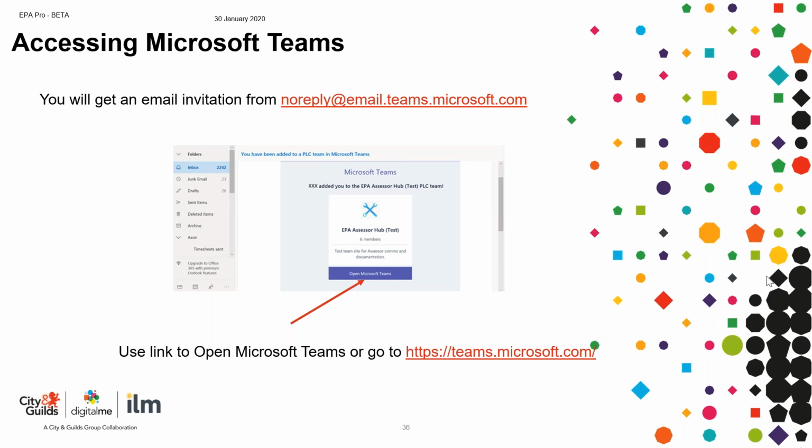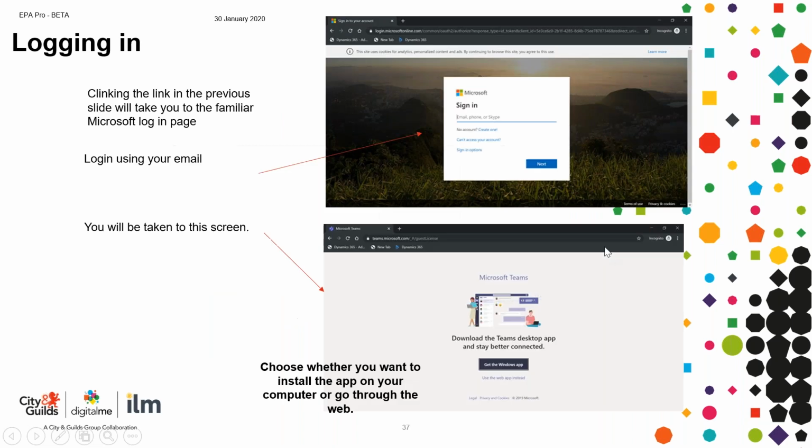Okay, so this is the team site. Now, once you reply to this email, there'll be a number of steps that you need to go through to set up your access to Teams. I'm just going to go through these really quickly because they're very simple steps and involve clicking through a few screens. So you'll receive the email, you click on Open Microsoft Teams.